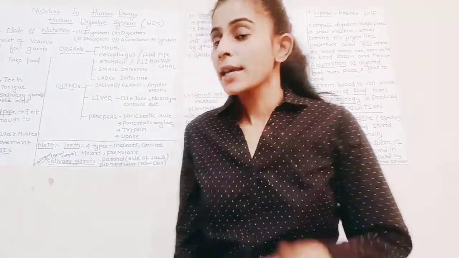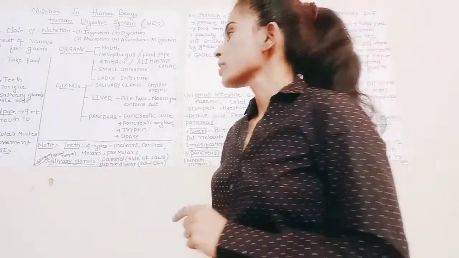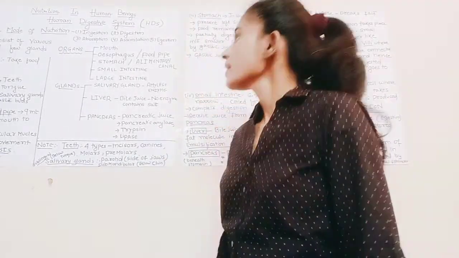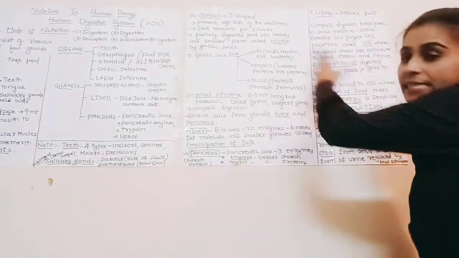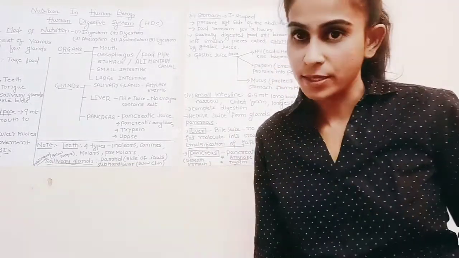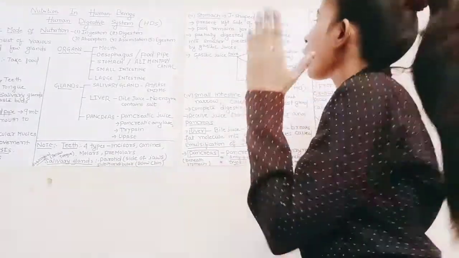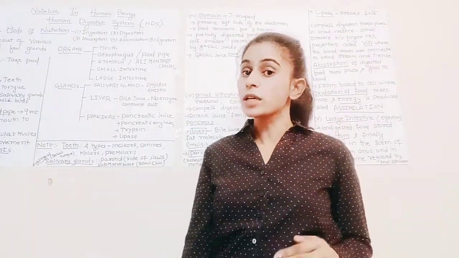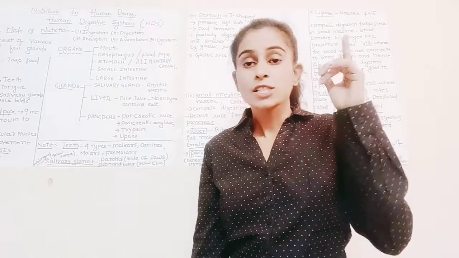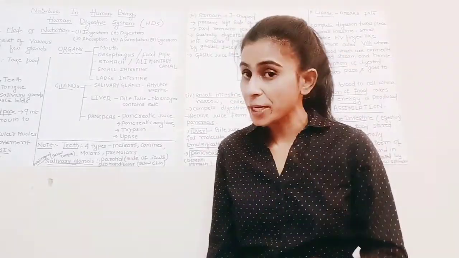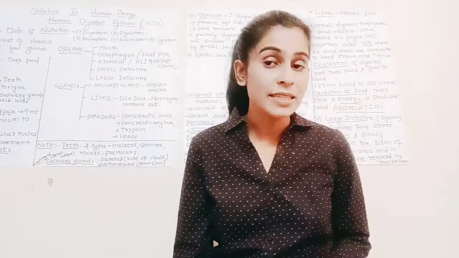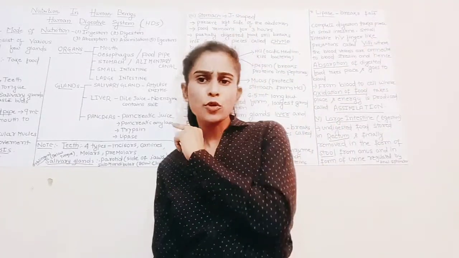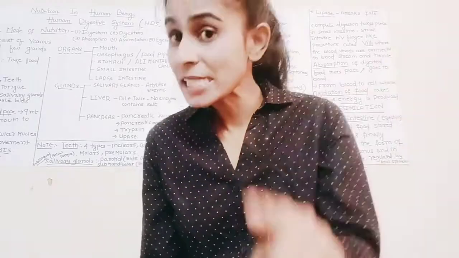Now let's discuss the third one, which is our stomach. The stomach is a J-shaped organ, and it is generally present on the left side of the abdomen. So I have told you about bolus, and this bolus